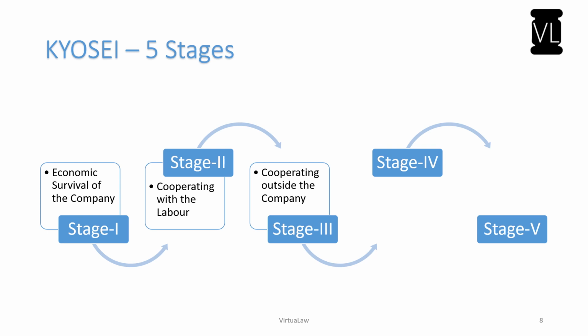We start engaging ourselves with other persons, and we'll also promote the principles of sustainability and other good principles along with the other stakeholders. We start to get to know their needs, their requirements, their grievances, and then start addressing the same to make sure that the company's products are well received by the customers, and the suppliers are willing to supply to the company, and even the competitors are having a fair competition among themselves. So that is the stage three, which is cooperating outside the company.